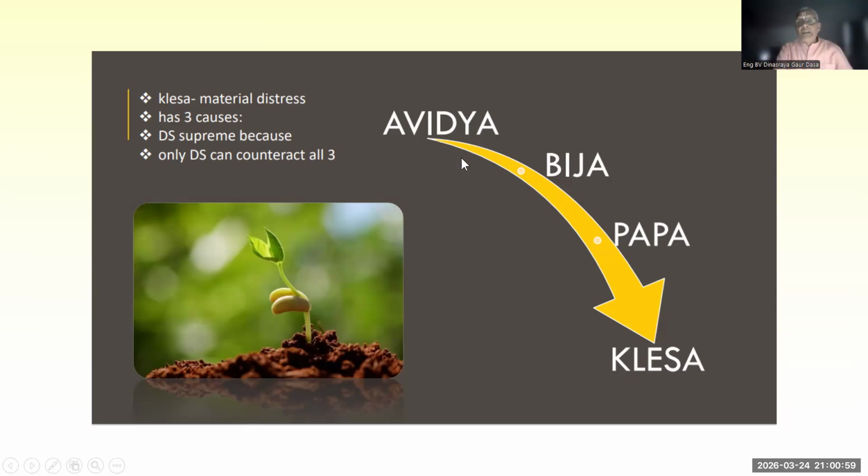So when there is ignorance, we want to enjoy independent of Krishna, and that means we have a desire to use something. When there is a desire, the desire is converted to action and that becomes pap. An example: we know that smoking or drinking alcohol is injurious to health. But there is a desire, there is a bija in our mind, so we want to enjoy. We know that it is not good, yet we have a desire to use those prohibited things. So we consume, and that is a sin that we are committing.